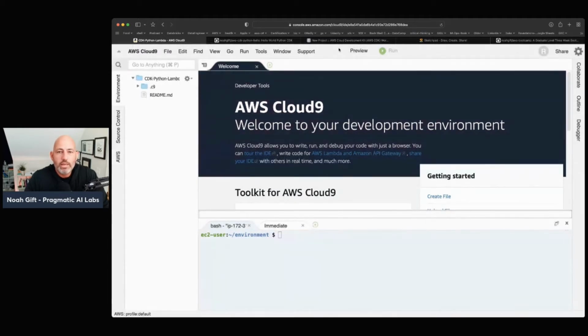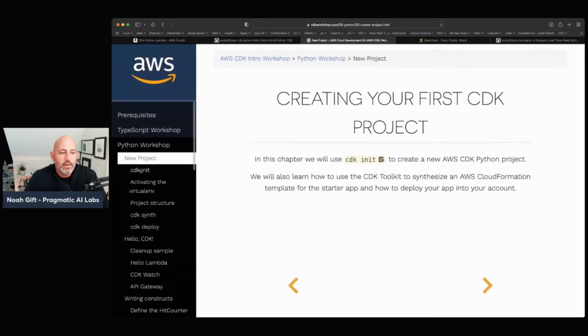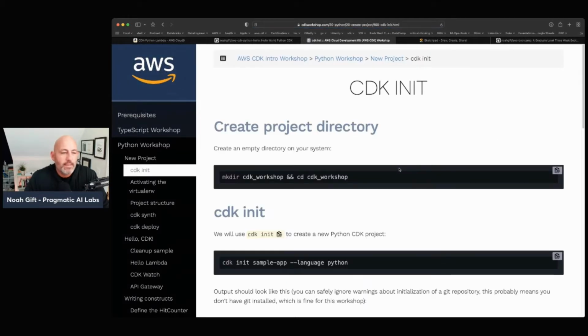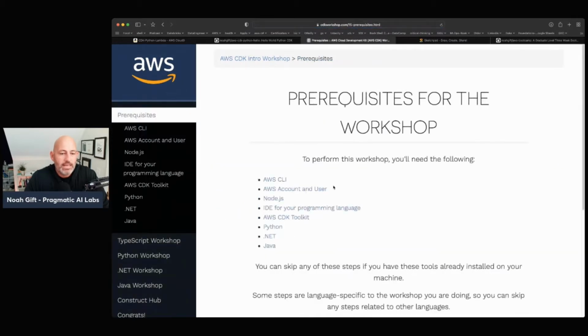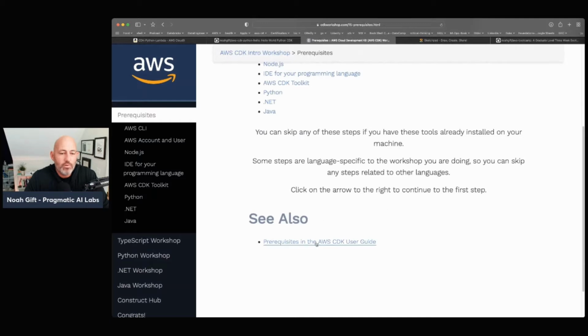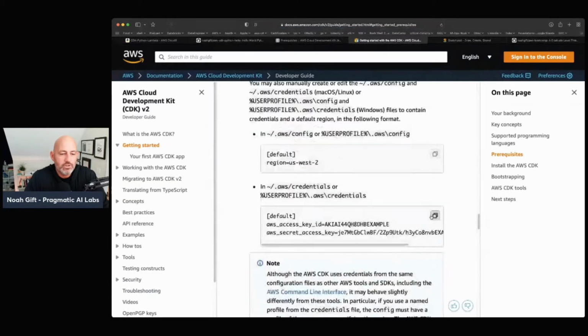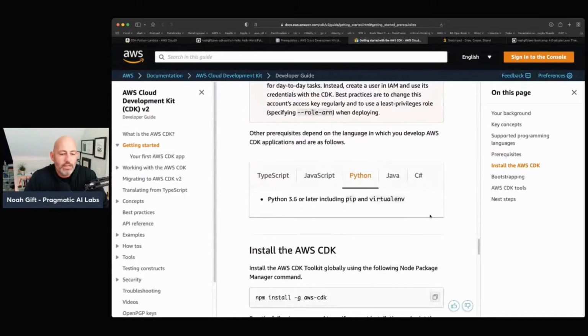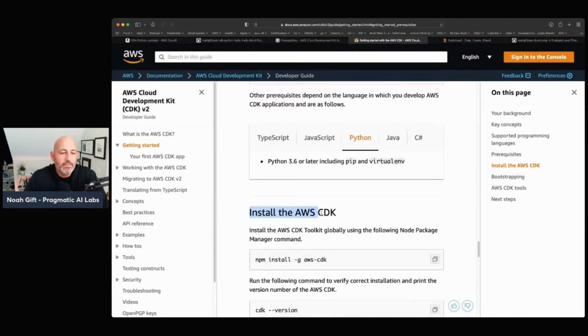We're going to start, though, with the first thing here, which is getting the CDK environment installed. And notice if we go to prerequisites in this example, that it's going to ask us to follow all the prerequisites in the AWS CDK user guide. So I'm going to go ahead and open that up. If I look at the official documentation, we scroll down here, the main thing we want to make sure of is we have to install the AWS CDK environment. And to do that, we're going to have to do this command here, which is npm install -g aws-cdk. So let's go ahead and copy that.